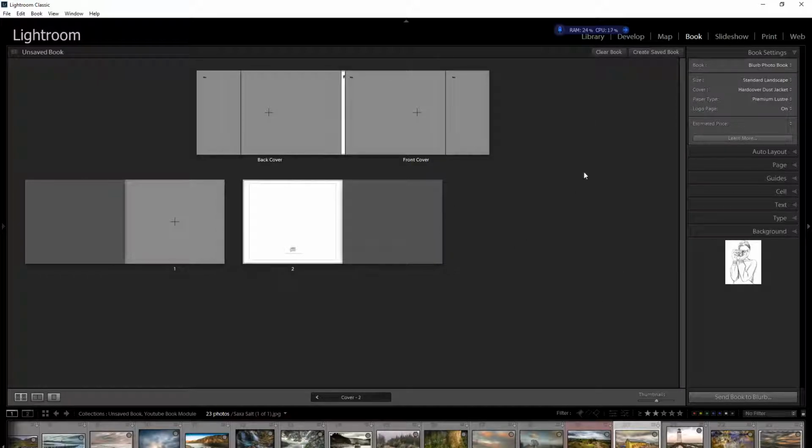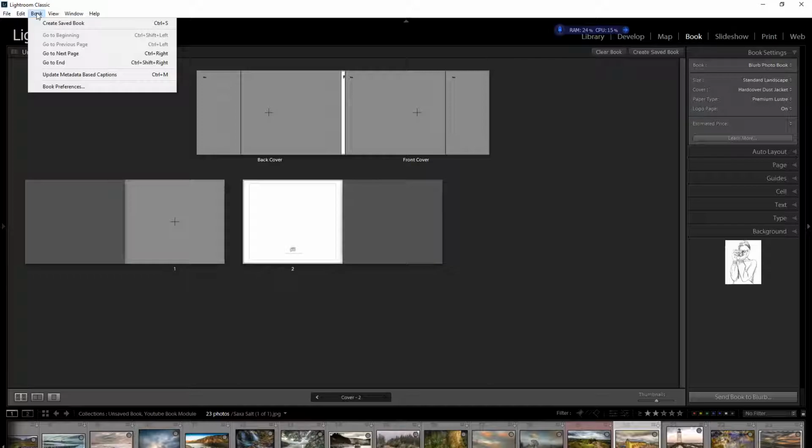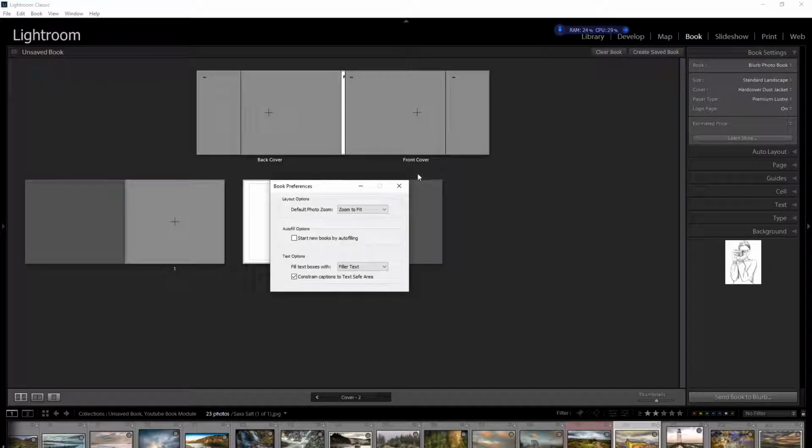Before we go in and start doing anything with the book, if you come up at the top left hand side you can see you have the book menu. If we click on the book menu and go to book preferences, then you get a little box with a few different questions on. We have zoom to fit or zoom to fill. Now I would choose zoom to fit. If you go zoom to fill, then this is going to take the image and fill the particular space and might crop the image. So if you just go to zoom to fit for the time being,